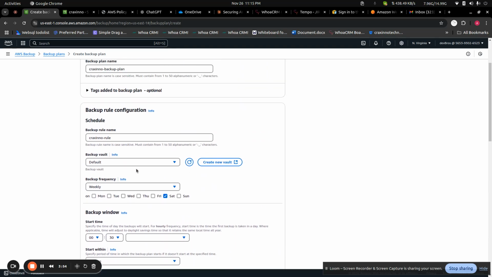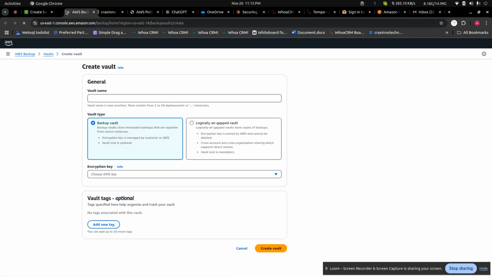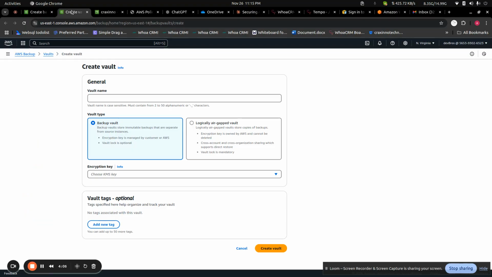Yeah, one thing we will have to select is a backup vault here. There is a default vault. We can select a new vault, like there might be different applications we might use for the same account. In that case, we will have to create two different vaults for two different applications to keep the data separate. So if I create a Craxinno vault,